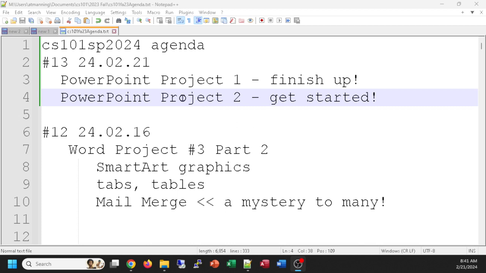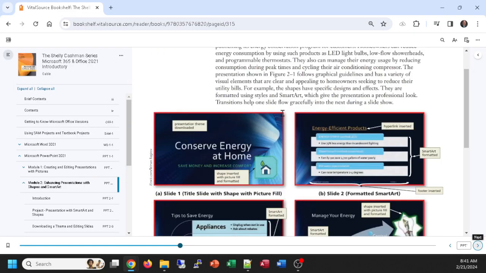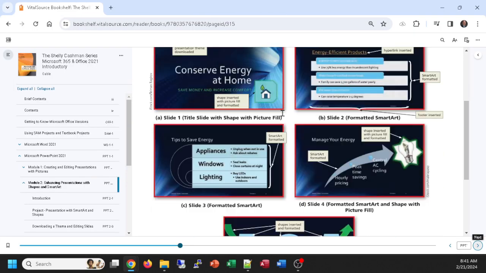Now beginning PowerPoint Project 2. And let me bring up my electronic textbook to show you what this is going to look like when we're done. Our project goal is to produce something that looks like this. We're going to produce a conserve energy slideshow, 5 slides this time, with a cool background theme, some smart, what